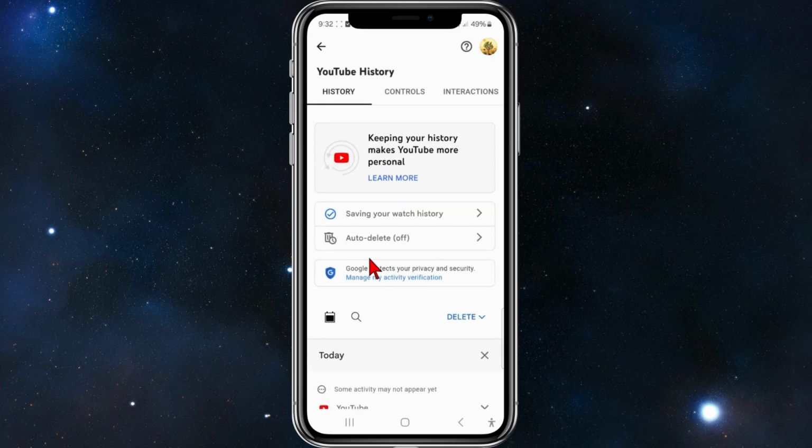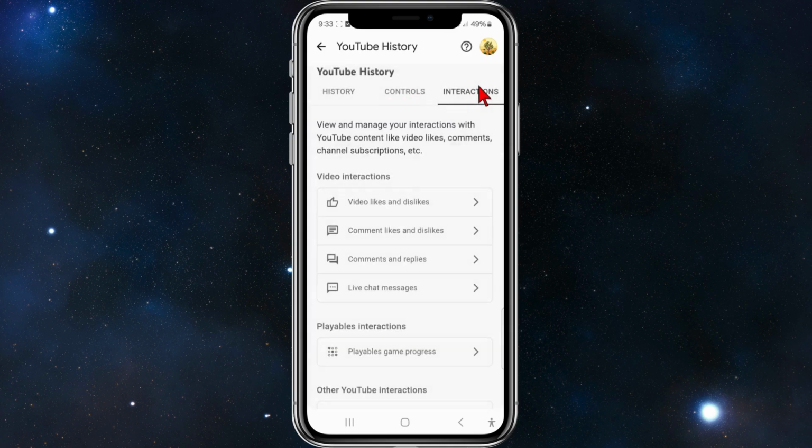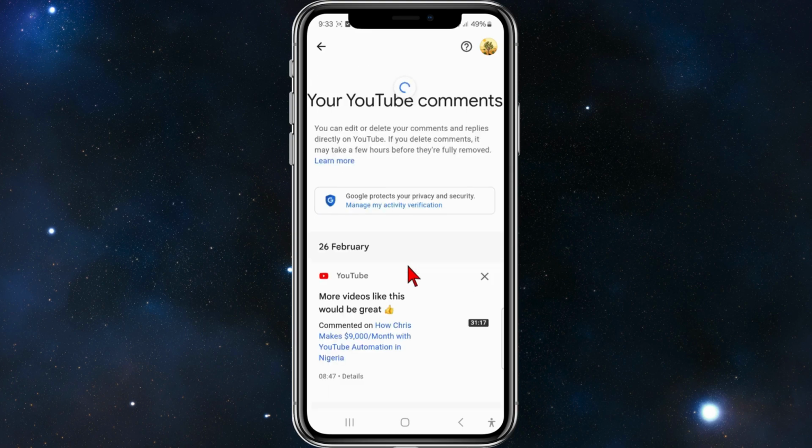Give this a few moments to load. And now you're inside your YouTube history. From here, you want to click on to interactions, which is next to history and control. So click on that interactions tab. And then from here, you need to click on to comments and replies. So click into that. And now here, if you scroll down, there'll be a whole list of all your YouTube